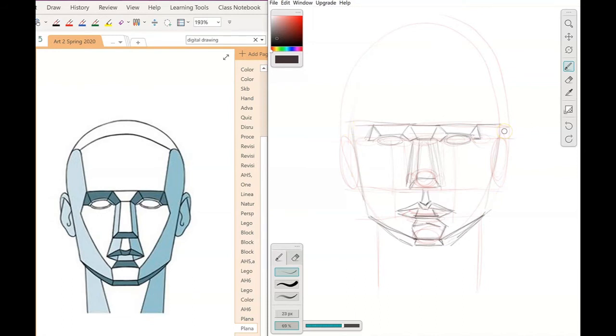Because if you think about how your mouth and jaw function, the jaw opens the mouth, so it's right in line with the center of the two lips. I then connected the sides of the face from the brow line down to the jawline with angles, and now I'm connecting the forehead